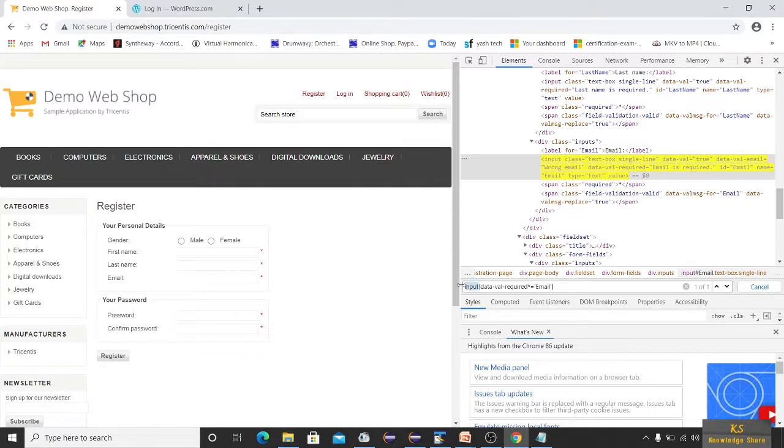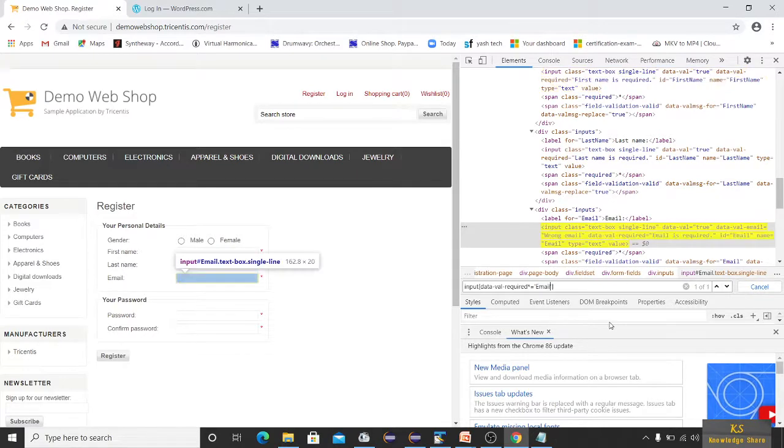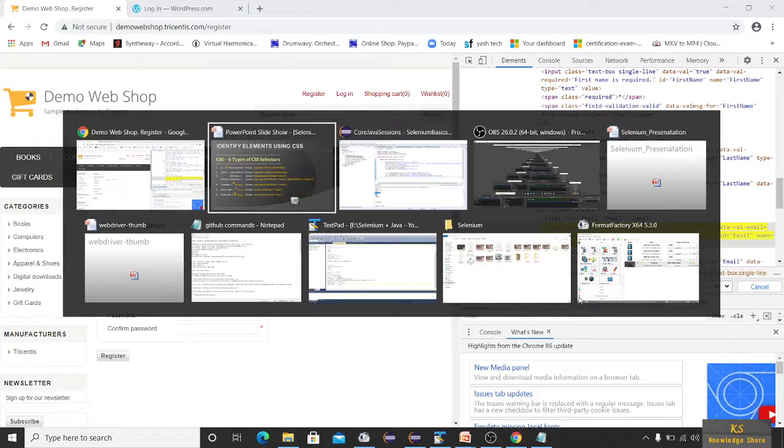This is the tag name, this is the attribute name, and star is equal to the value. I have given email. Even if you give is, it may return many values. See, one of five. For everything, first name is required is present in all these, so you have to give a unique one, email. Email is required. So this is one.